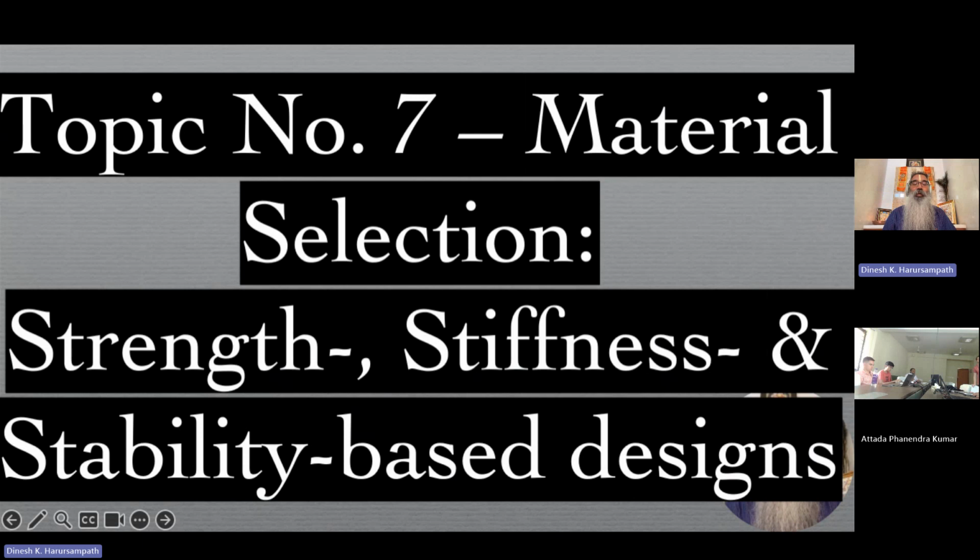And it's not that we choose one of these. It's essentially a combination of these. Sometimes one might be more important for a particular component than the other. Then the other two might be used as constraints, and one might be used as the one which we would optimize for maximum performance. Why is stiffness important? Even though the material might not be failing,